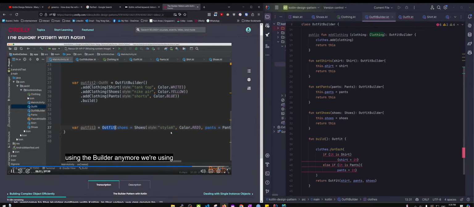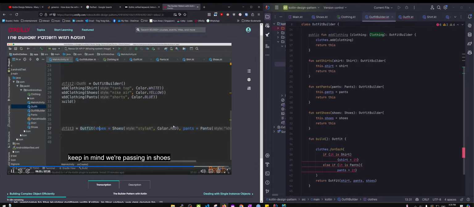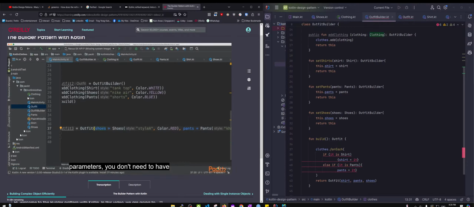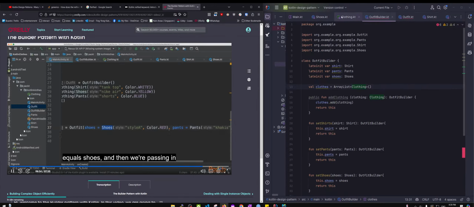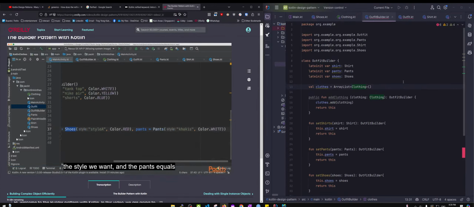We're not using the builder anymore. We're using the outfit, the actual outfit. So here, keep in mind, we're passing in shoes first. That's because with named parameters, you don't need to have parameters in the same order that they are written in the definition. So even though our outfit has shirt defined first, we can have shoes here because we're naming it. We're saying shoes equals shoes, and then we're passing in the style we want, and the pants equals pants,